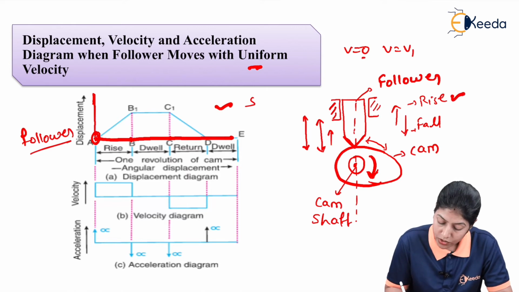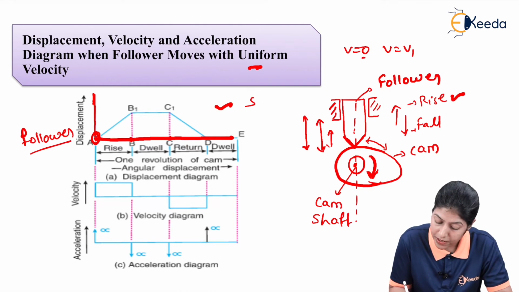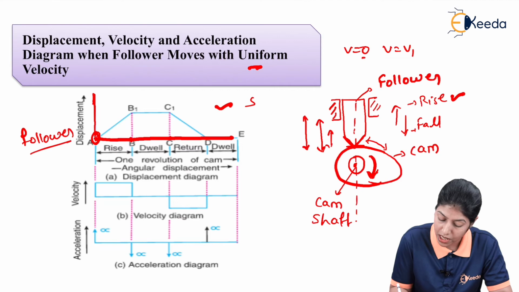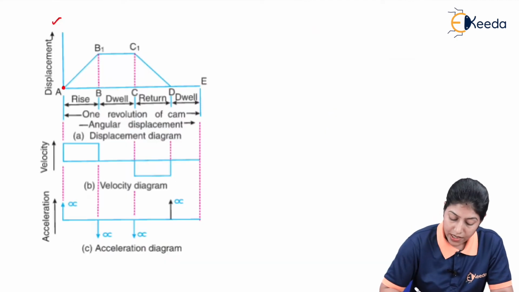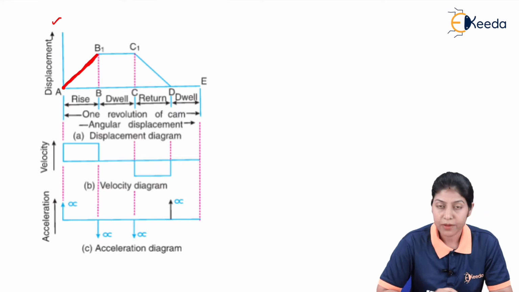So because of the change in time or because of the rotation of the cam, we are considering some displacement in the follower, and this displacement we are considering from rest condition at this particular level, let us consider zero level. So from zero level this displacement is starting, and after particular angular displacement this follower is reaching a particular height or it is rising above. In that case, for a particular time period, the displacement diagram is defined by a straight line.